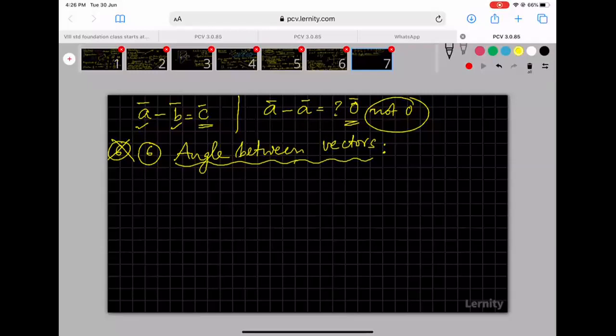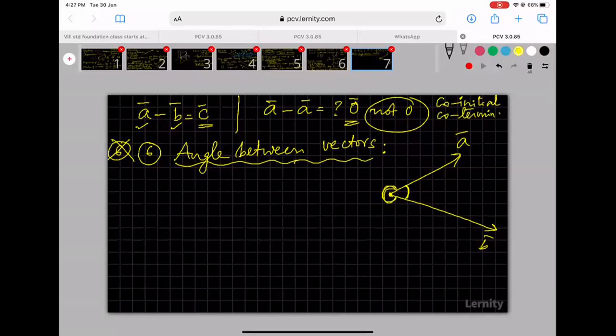Angle between vectors means what? If a vector a bar is like this, and maybe another vector b bar is like this, they may be of different magnitude or same magnitude. They may be in the same direction or different direction, whatever it is. If two vectors are like this, a bar and b bar, then angle between two vectors is what? I can find an angle here. I can also find another angle here. These two vectors are drawn having the same initial point. Such vectors are called co-initial vectors. If you draw two vectors with the same terminal point, you call them co-terminal vectors.